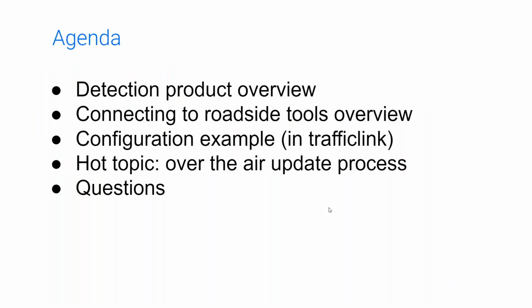So as I mentioned, we're going to get into a little bit of our detection only product today. We're going to be focusing on just the basic local features, get it up and running, exactly how to configure it, things like that. I'm going to show you an exact example, so we'll go right into Traffic Link and we'll do that example. I'm going to talk a little bit at the end about over-the-air update process. This has been coming up the last few months. I've heard it from a few of our users, so I want to touch on it a little bit at the end, and then I'll make sure I work through any remaining questions at the end too.